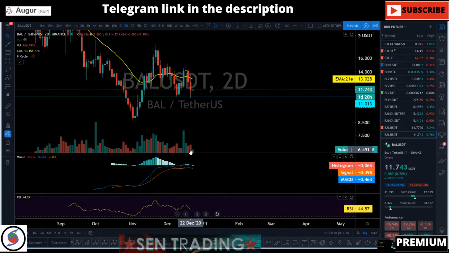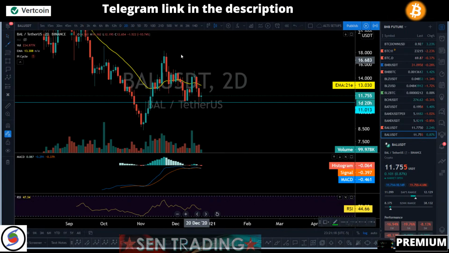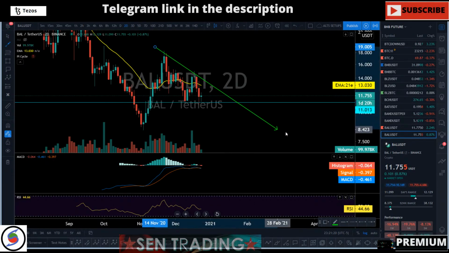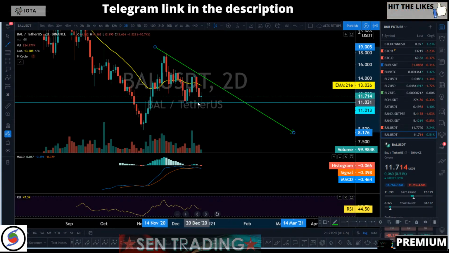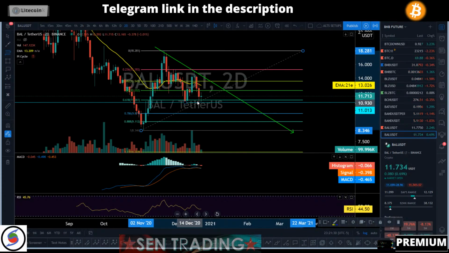Sell volume on Binance, not that incredible. The only thing we've got on the 2-day basis is MACD crossing bearish. We've got a nice trend resistance to pay attention to. It should already retest at 0.618. So it is double bottoming at 0.618. Okay, it is double bottoming at 0.618.